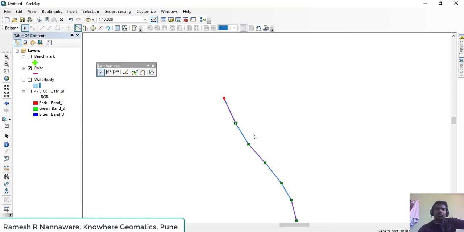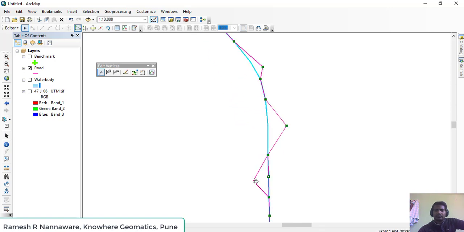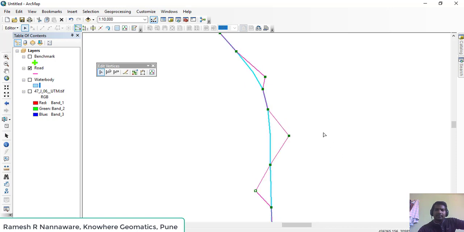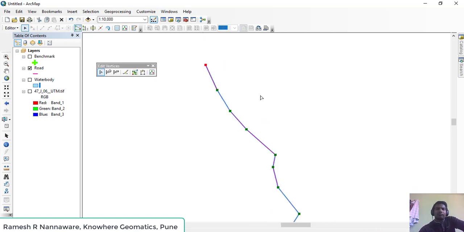Okay. If I want to move another vertex, I will go onto that vertex and simply drag it wherever I want. I can move multiple vertices in any direction, and after completing, just right click or double click onto the blank space, and the shape of our line is changed. So this was about the moving of vertices.